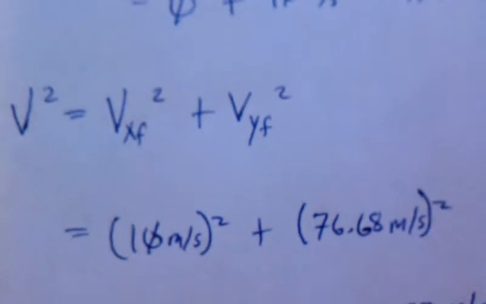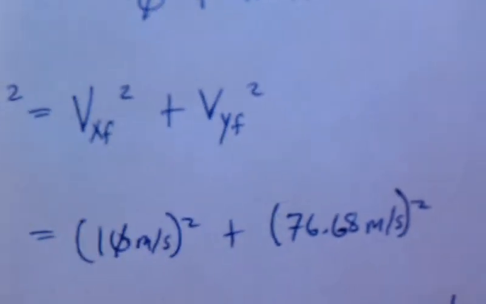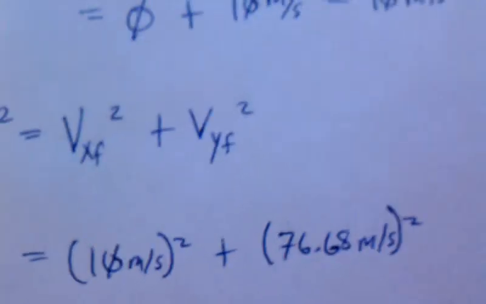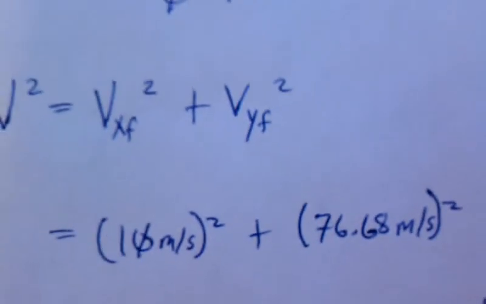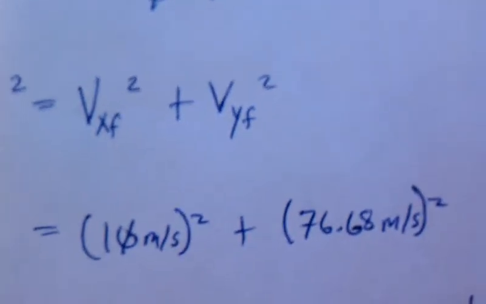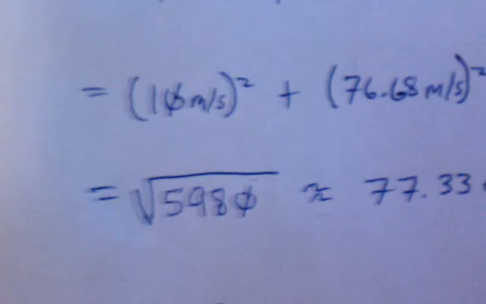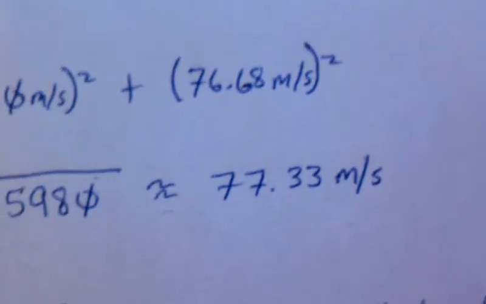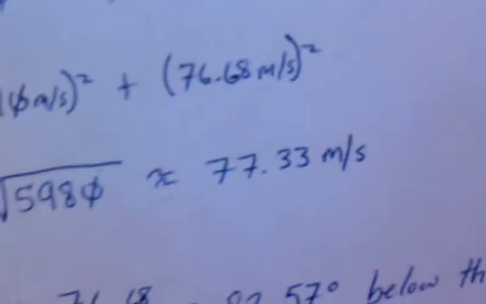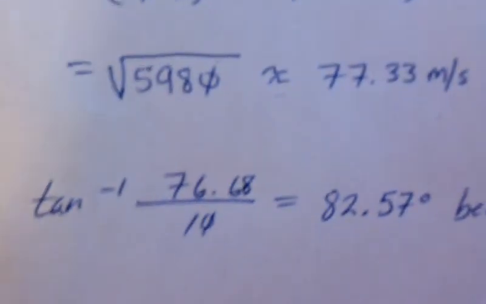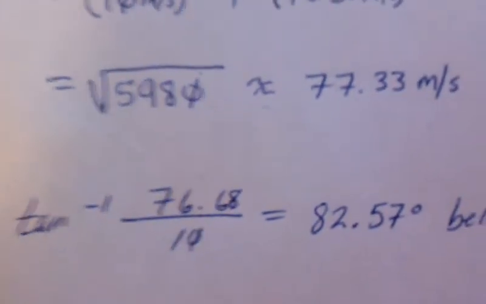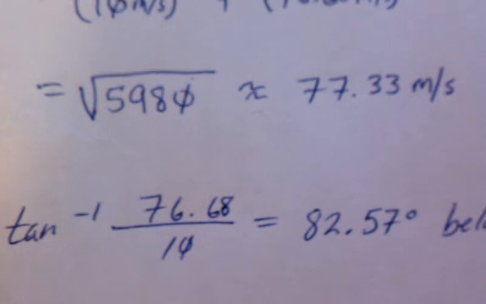So you take 10 squared plus 76.68 squared, and you add them together, then you take the square root of that, and you get 77.3 meters per second. And then to find the direction, you take the negative tangent inverse of 76.68 over 10,